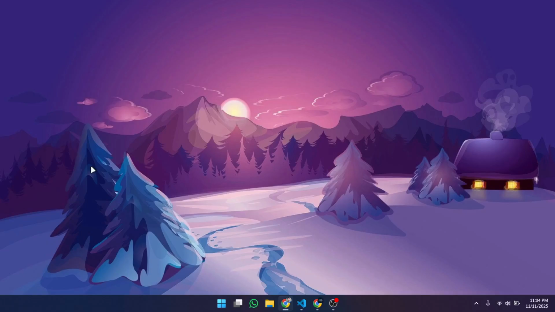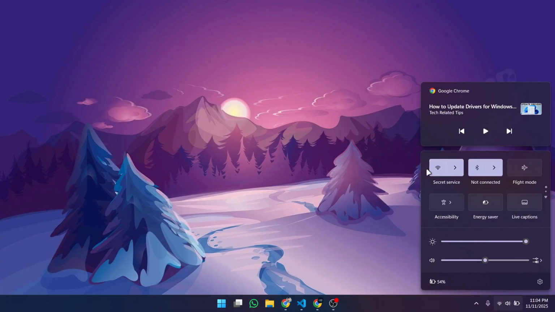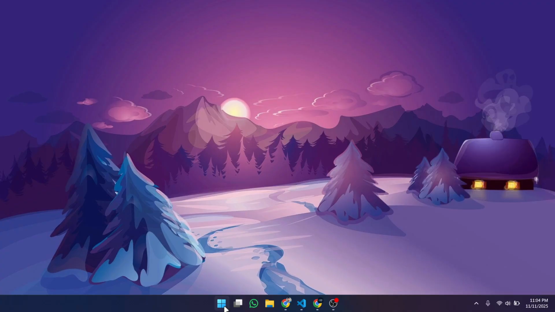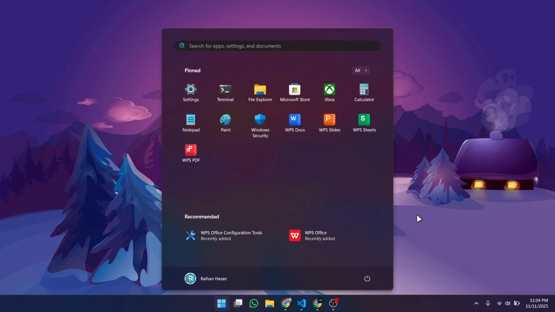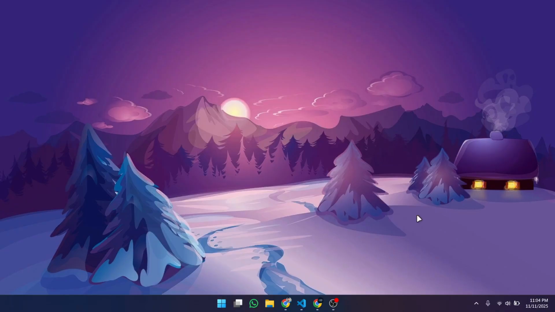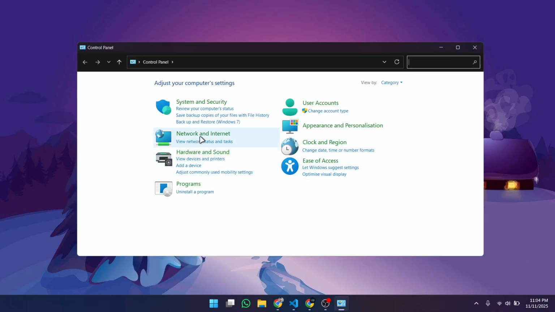Today I'm going to show you how to view your saved Wi-Fi password on your Windows devices. You can see I am currently connected on the secret service Wi-Fi network. Let's click on the start menu and go to the control panel, and you will get an option